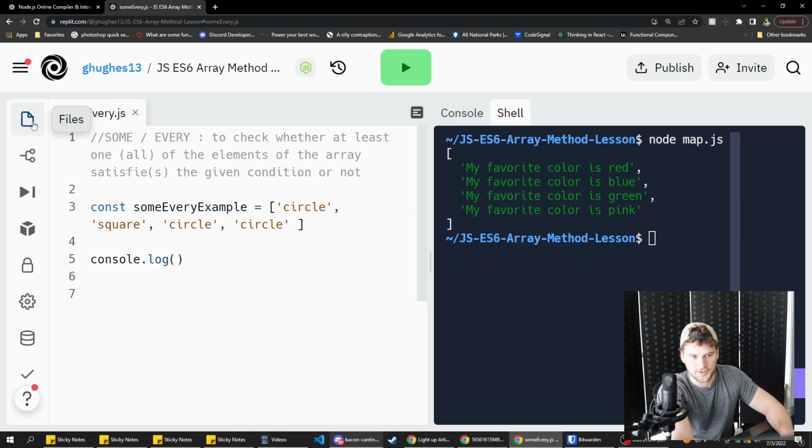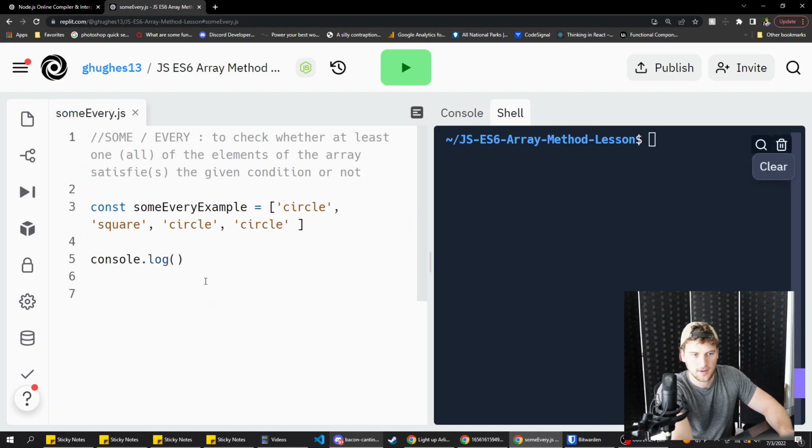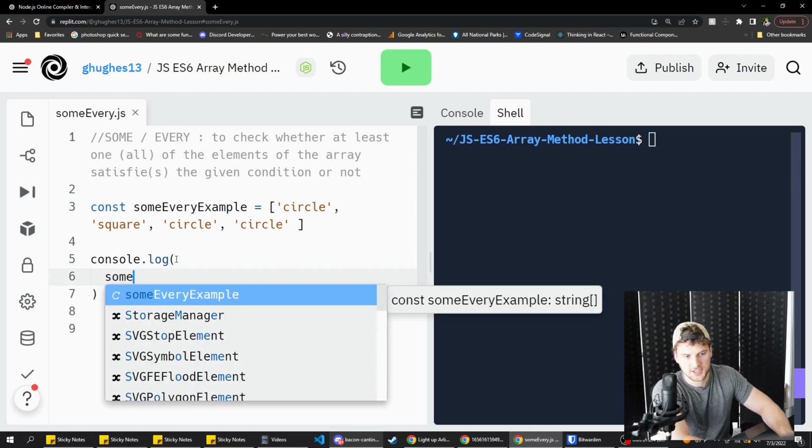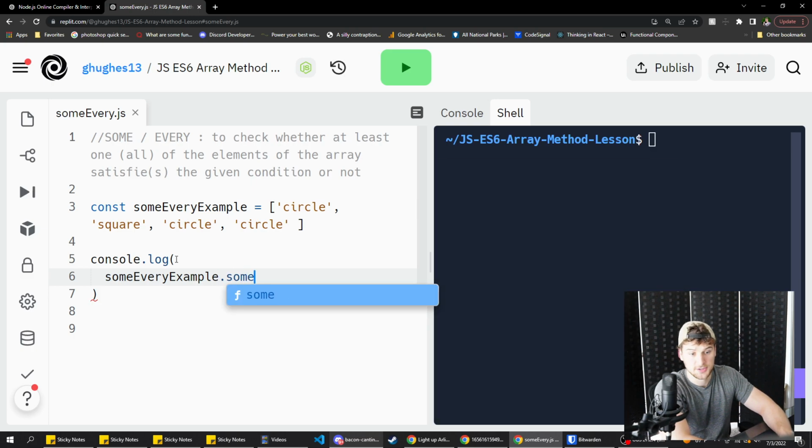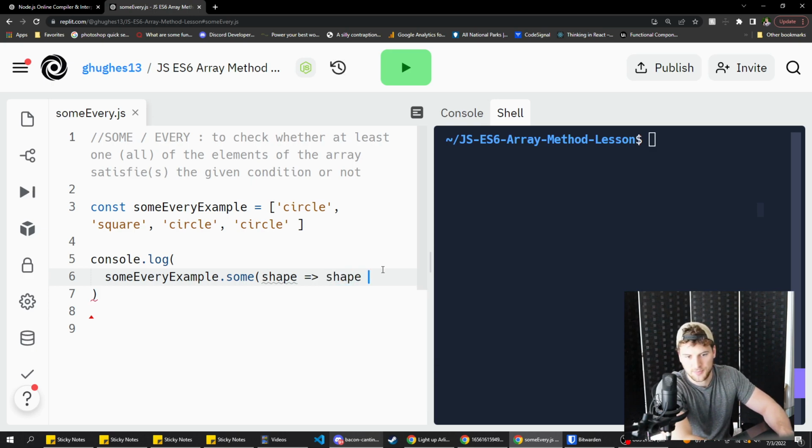On to our 5th example here. Clear that out. So some and every. You basically give it an array of items, and you're going to say array.some, and then check if it's equal to whatever item you want. So in here, we'll say some every example.some, and then we're going to just call these shapes, and we're going to say shape equals,